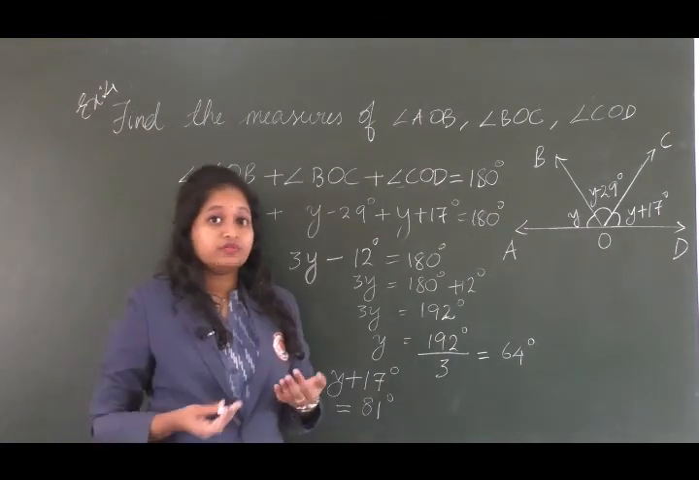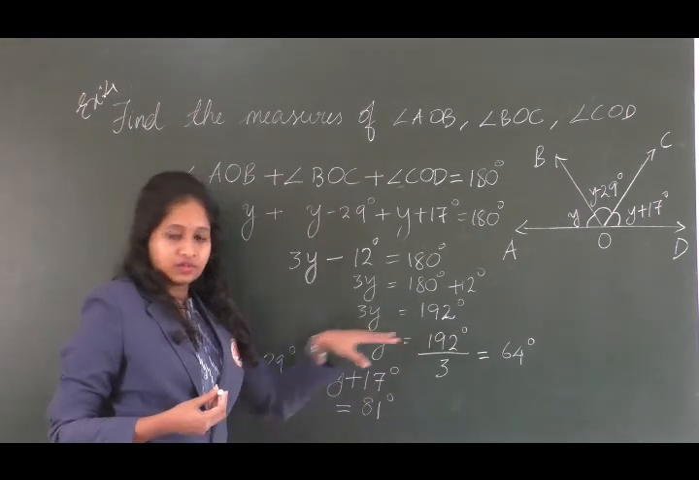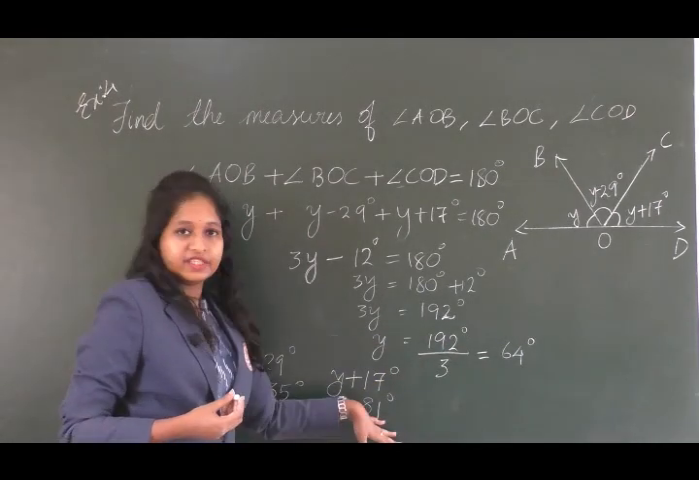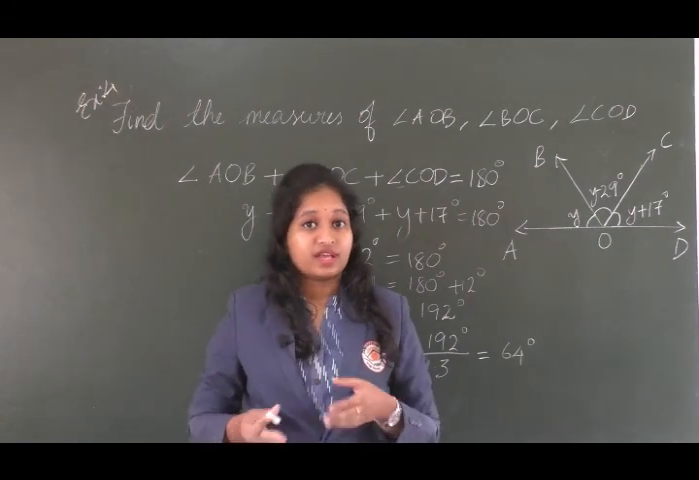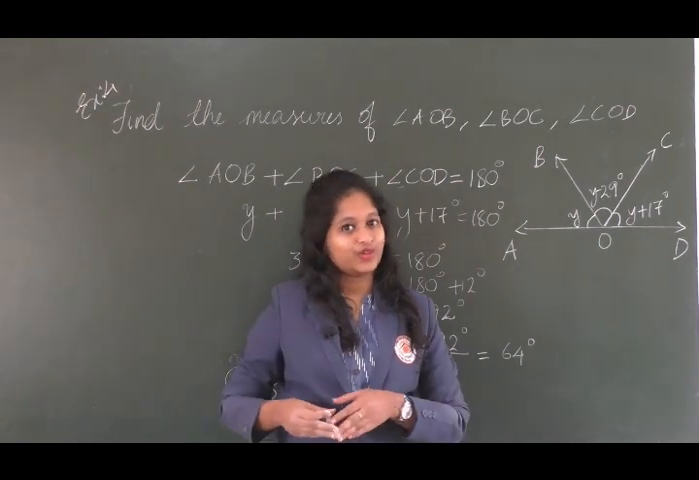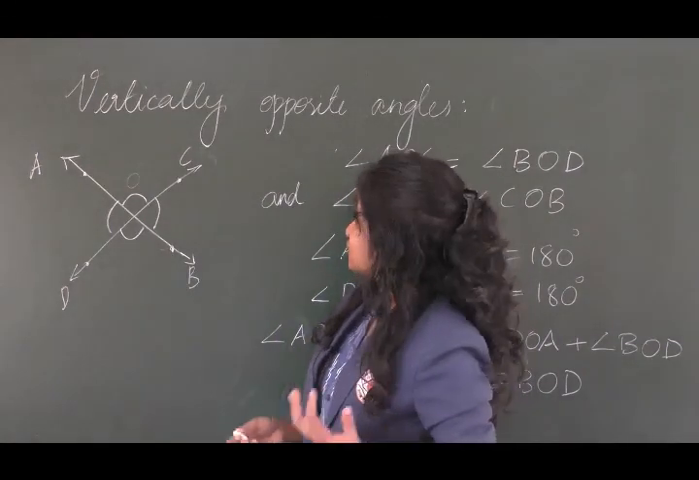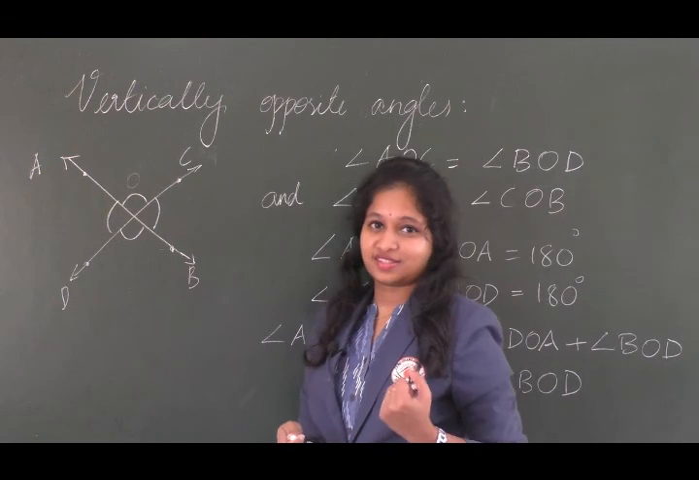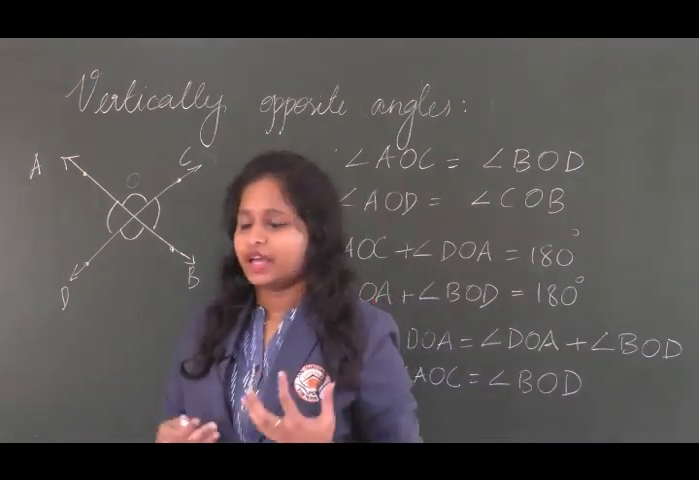So to find whether the answer is correct, you add all these values, 35 plus 81 plus 64, and check whether you are getting the answer as 180 degree. Okay? So children, let's learn about vertically opposite angles. Okay? So here we have